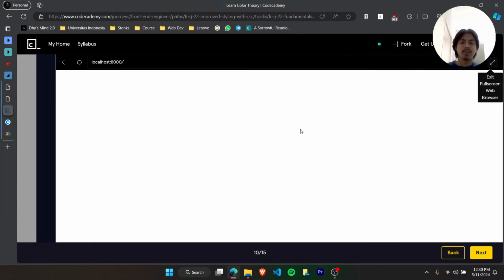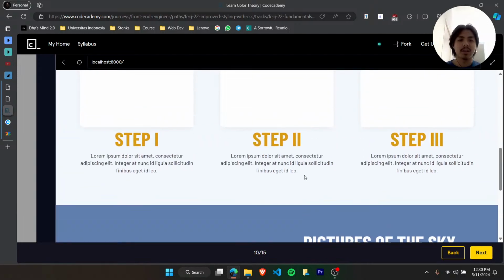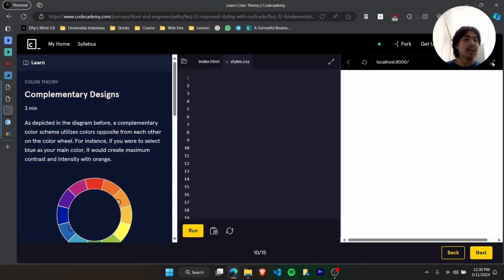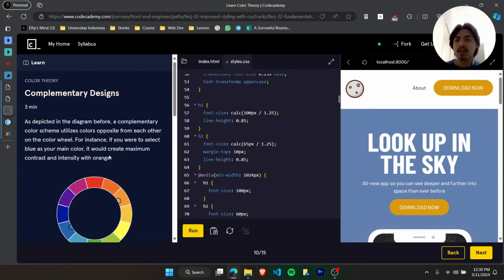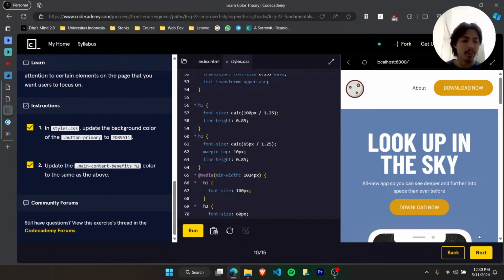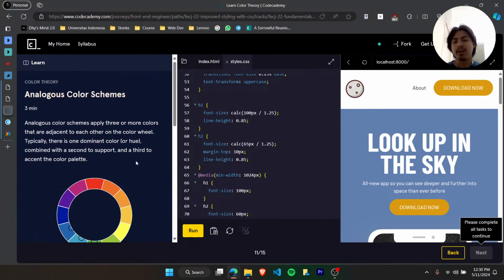Okay, let's see the full version of this website. Now it's looking lively, I understand that now, using the complementary. I think now it's the triadic one. Analogous. Okay,